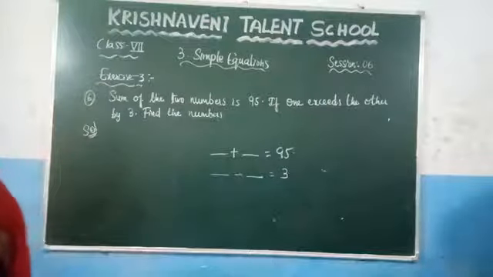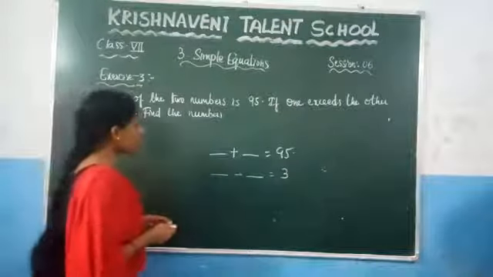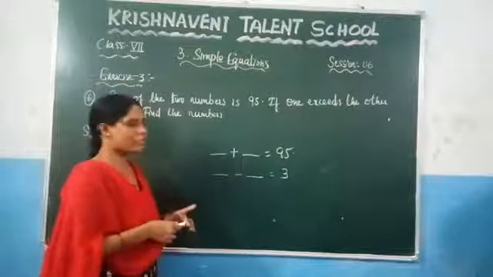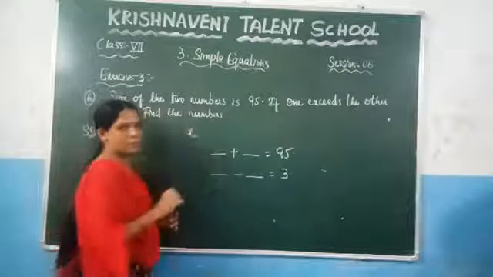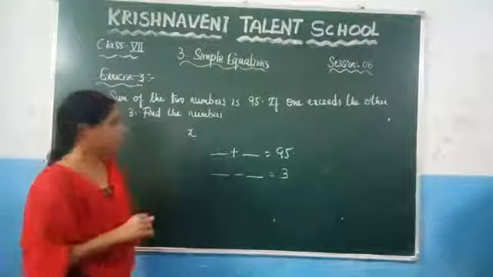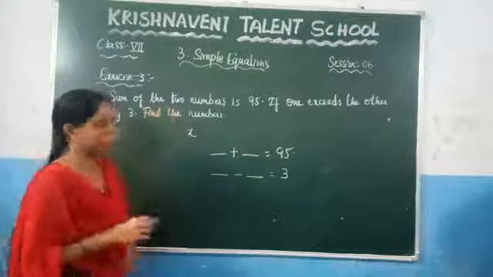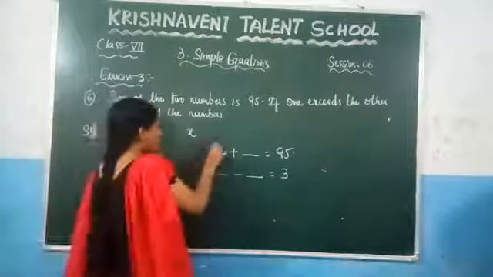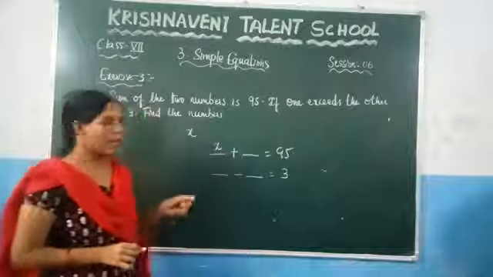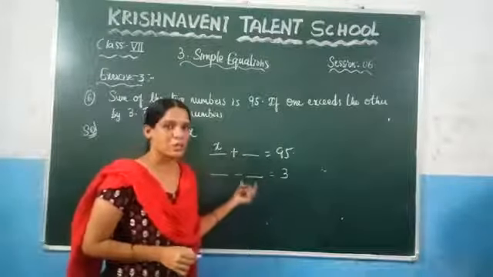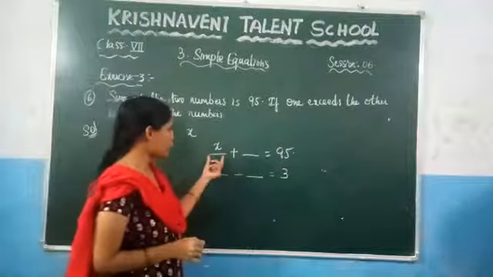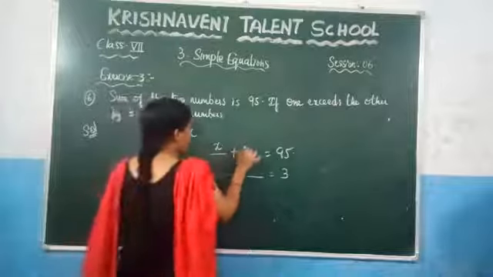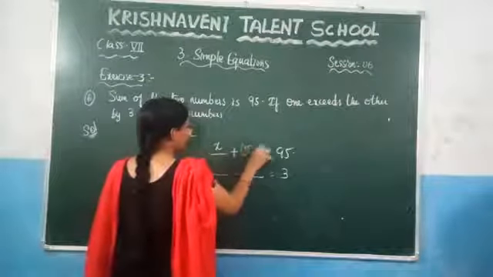So here, how to find those values, let us see. Similarly, here we don't know what those values are. Let us consider one number as x. And what should be the other number? Clearly they have given here the sum of the two numbers is 95. In that, let us take one number as x. Right? And we don't know what this other number is. If you take this number as x, then if you add, the other number should be 95 minus x.